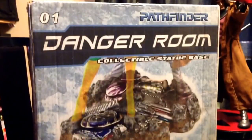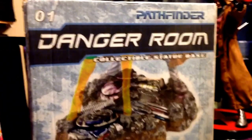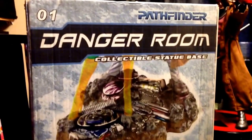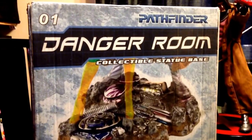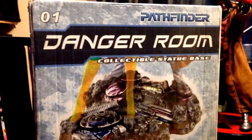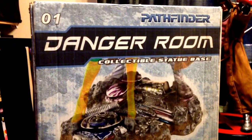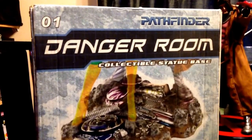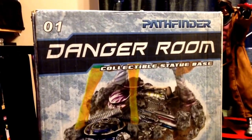Okay, here's what I bought. It's from Pathfinder, which you can find on Facebook, and it's their custom base for Gambit and Rogue. It's made over in the Philippines. They've been really good. Been in contact, sent it out. It cost, to the UK, I think it was around $130. Don't quote me on that, but I think it worked out about £100 in the end,